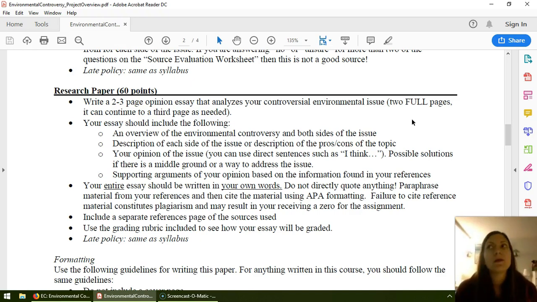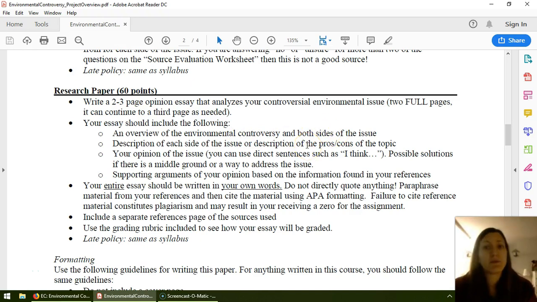Your goal, if you're like, well, I wrote like 7 pages, which I have had students do, I want you to be succinct. I want you to be clear and concise. I want you to figure out the most important information. What your paper will be is first just an overview of the controversy. If you're talking about solar power, you should talk about what exactly is solar power and how do we use it and what do we know about it. And also just a very, very brief summary of both sides of the issue.